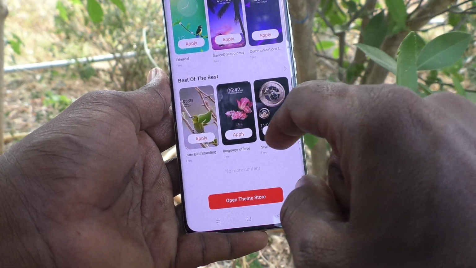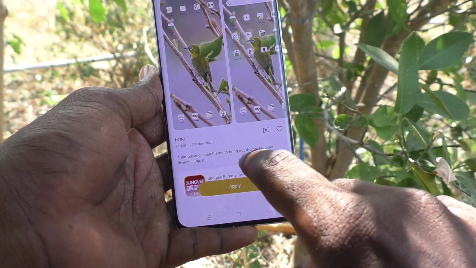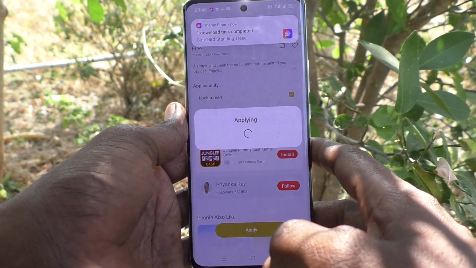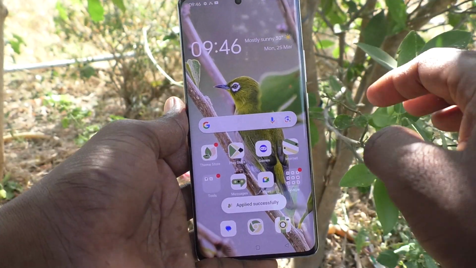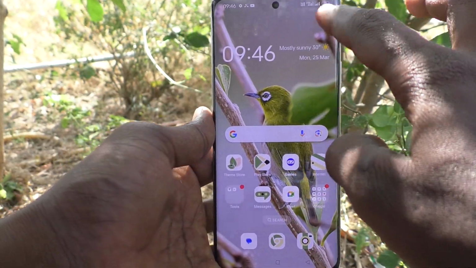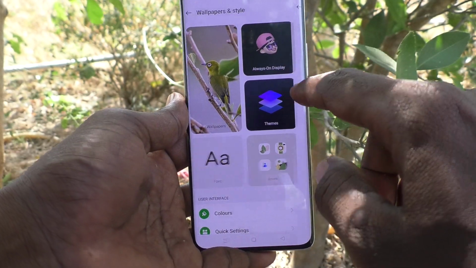Just select any one. Here I would like to select this theme and click on apply, and yes, theme is now applying. Okay, yes, it is applied. See the changes. Okay, again I go to the settings and then go to wallpapers and style, click on theme